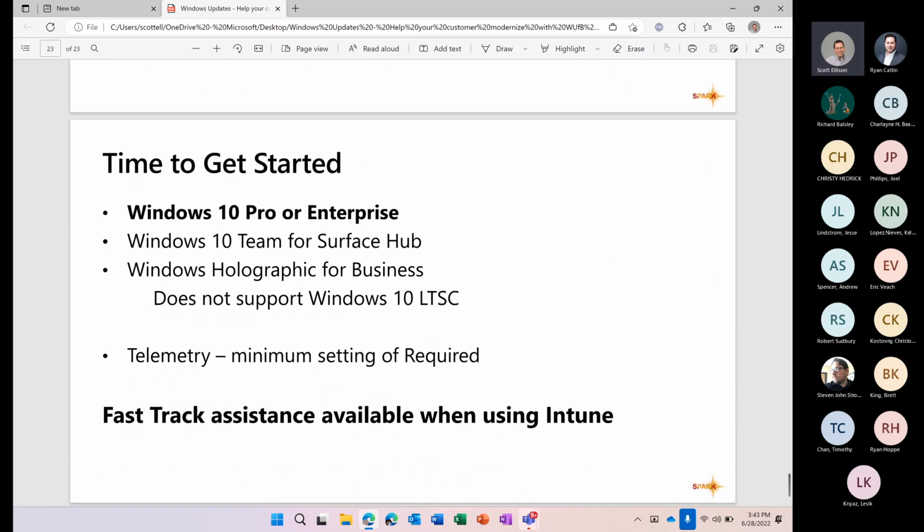What do you need to get started with this if you have it today? If you have Windows 10 Pro, Education, or Enterprise Edition, you can use Windows Update for Business. If you have Windows 10 Team, for any Surface Hub users on the call, we can definitely use Windows Update for Business with Windows 10 Team Edition. You can, of course, if you're still running your Surface Hubs and you do upgrade those to Enterprise, those will still count. Windows Holographic for Business, those are in your HoloLens. So I don't know if many of you have HoloLens sitting around, but obviously that is a